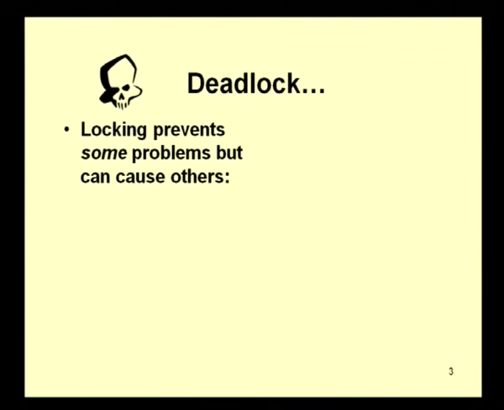Now, deadlock is a concept that is associated generally with operating systems, where two processes try to share the same processing unit. Here, deadlock occurs because of two data items, when a single data item is read by more than one transaction. So, deadlock is that way. Deadlock can be prevented a little by locking. It prevents some problems, not deadlock, some other problems, but it can cause other problems.